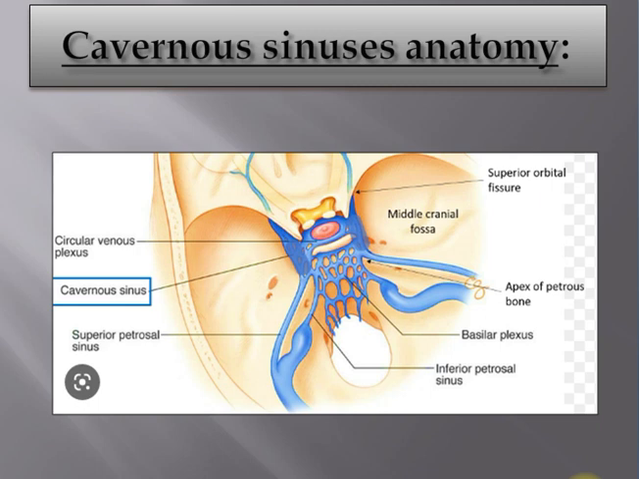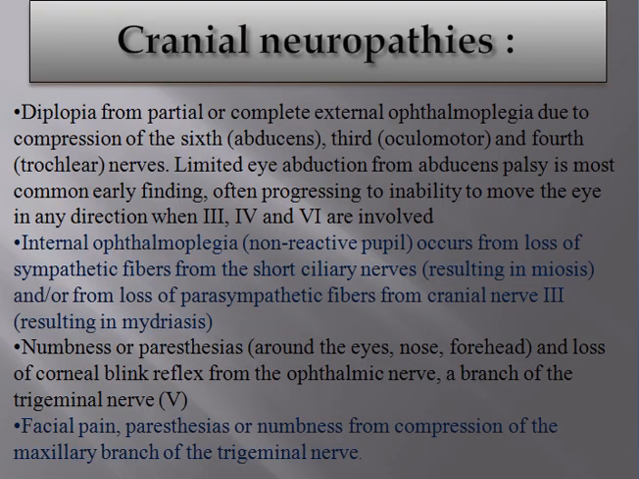Also, communication between the right and left cavernous sinus via the intercavernous sinuses anterior and posterior to the sella turcica allows the spread of thrombus and infection from one side to another. Local compression and inflammation of the cranial nerves can lead to several partial or complete cranial neuropathies, including diplopia